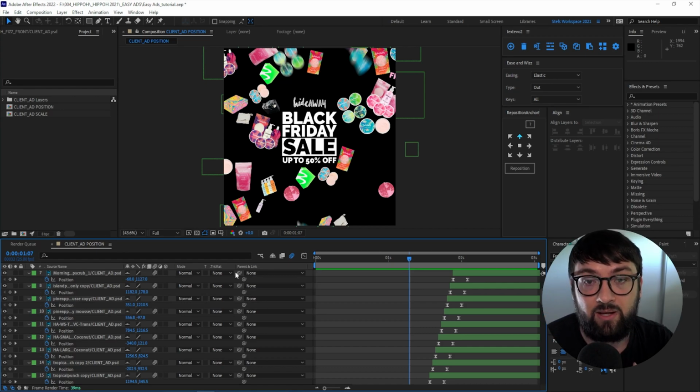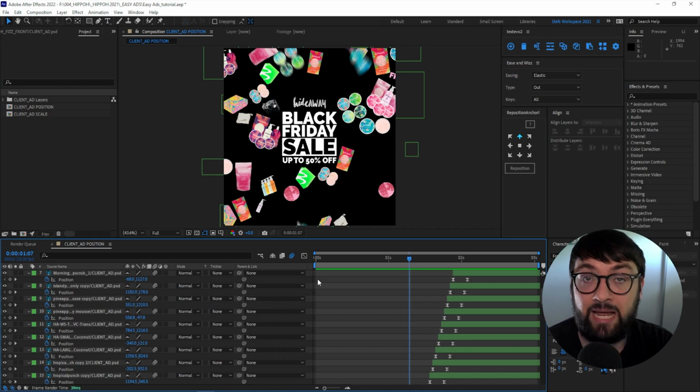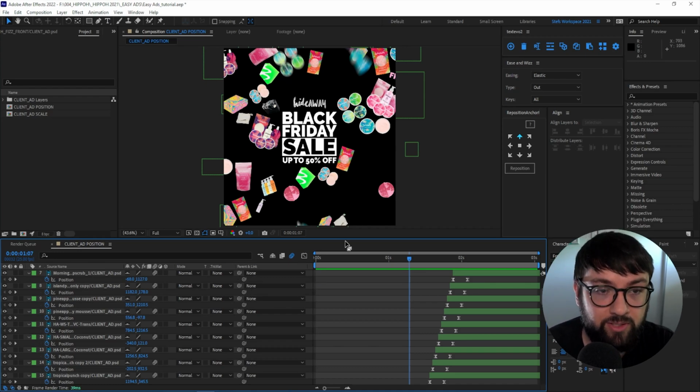What that's going to allow is then on a platform like Facebook or Instagram, it's going to automatically loop on and on and on. I think the minimum is 4 seconds of a video for it to loop. But if you want a clean loop, I can show you how to do that. All right, so adding emphasis. I want to make sure that people know that this is up to 50% off, because that's a pretty damn